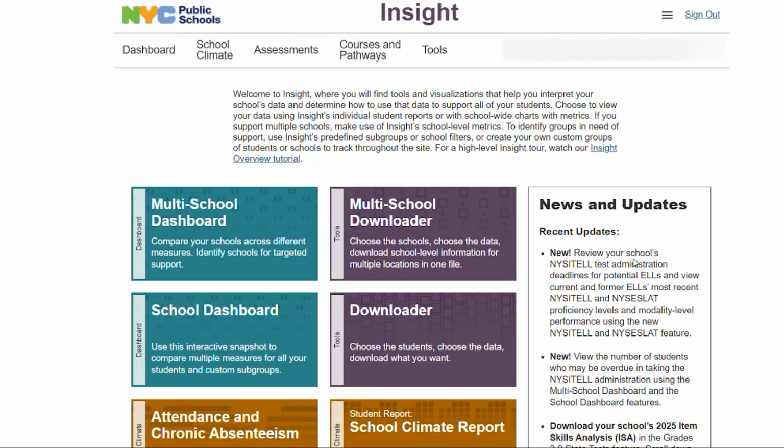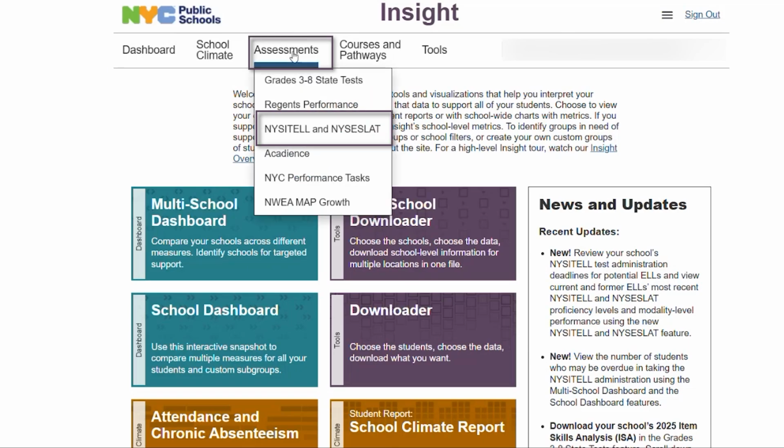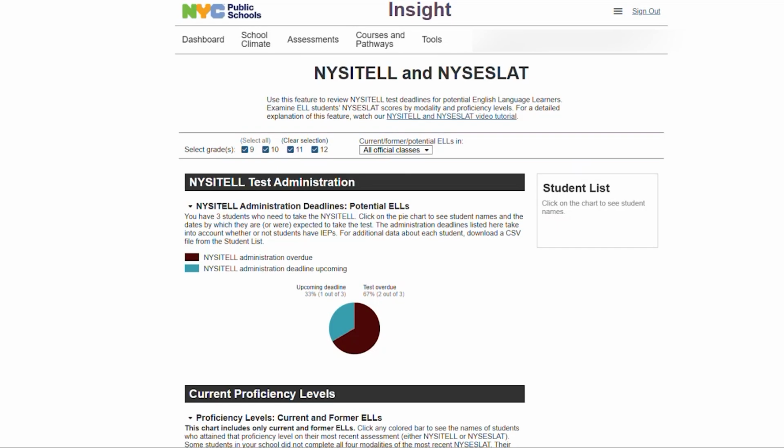Locate the NYSITELL NYSESLAT feature on Insight: go to the navigation bar, click the assessment category, and then select the NYSITELL NYSESLAT feature. The feature displays information on potential current and former English language learners, also known as L students. It includes NYSITELL administration status, students' current proficiency levels, and NYSESLAT performance across the four modalities from the most recent